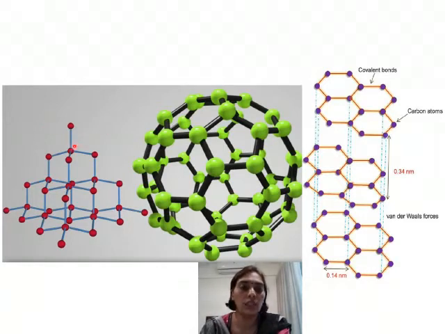So here, if you see, this is the structure of diamond and it is said to be a regular tetrahedron structure. All these red balls which you are seeing are carbon atoms, and carbon has valency 4. It has 4 electrons in its valence shell. Now, in order to establish octet, it needs another 4, so it will form bonds with 4 other carbon atoms.